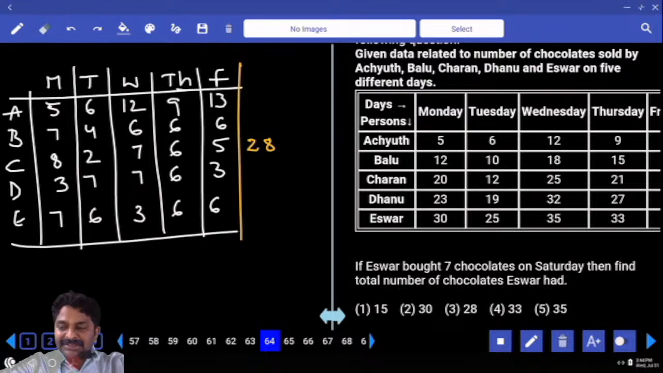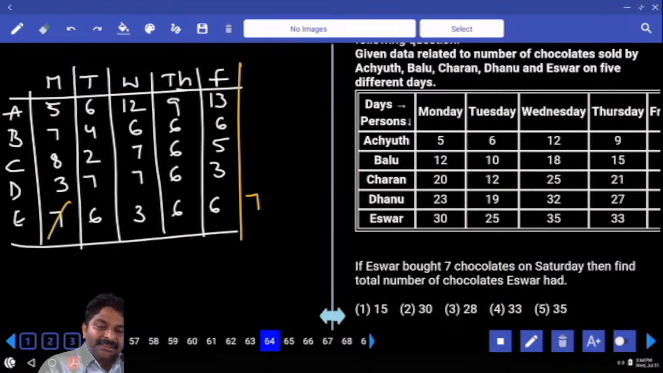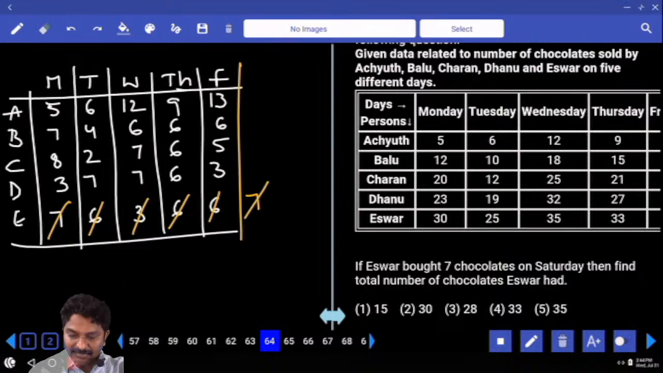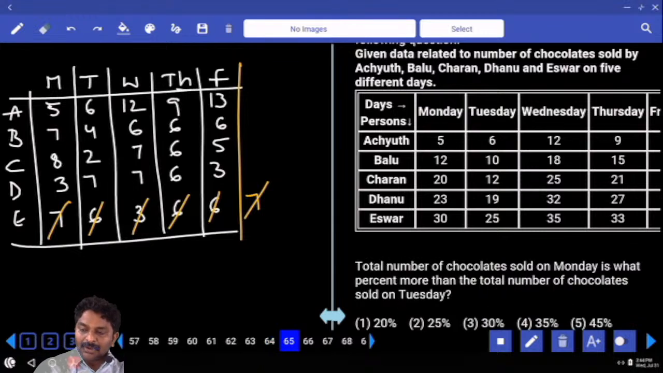If Ishwar bought 7 chocolates on Saturday, 7 chocolates, then find the total number of chocolates Ishwar had. 7 plus 3, 6, 6, 6, 18. 18 plus 10, 28, plus 7, 35. Total number of chocolates sold on Monday is what percent more than total number of chocolates sold on